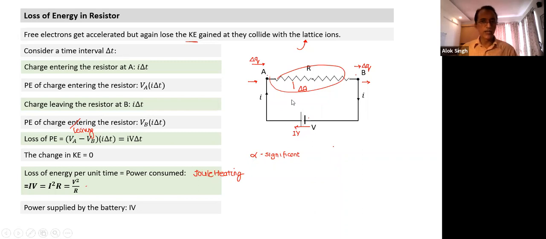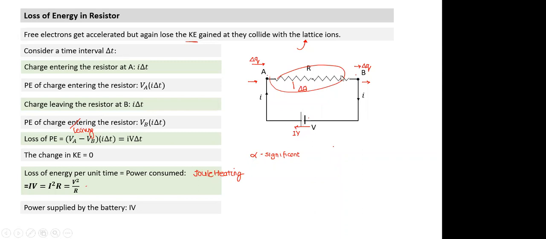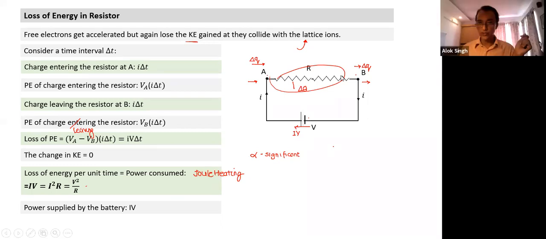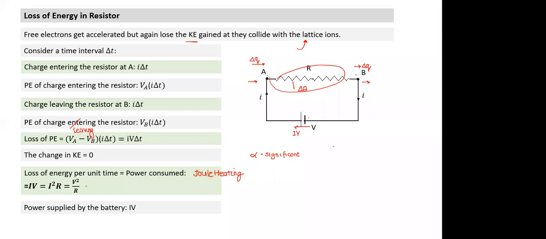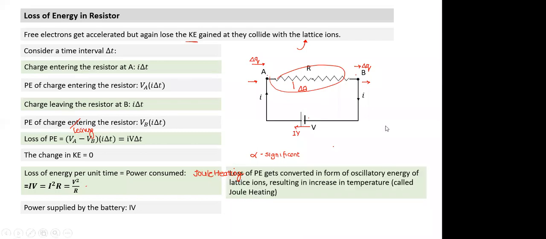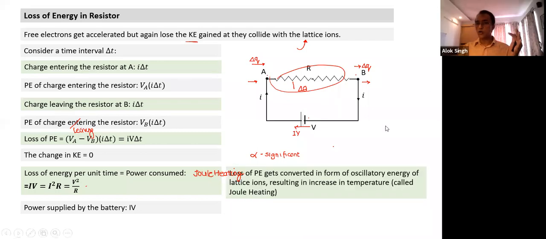So the point is valid. Will the resistance keep changing? But in steady state, it will have a constant resistance value. We are talking about which state? Steady state. In steady state, the temperature of the resistance is also constant. Whatever rate at which heat is being supplied, it is being radiated in the same way. Nitya, have you followed this point? Yes, sir. Okay. All the time we talk of steady state.